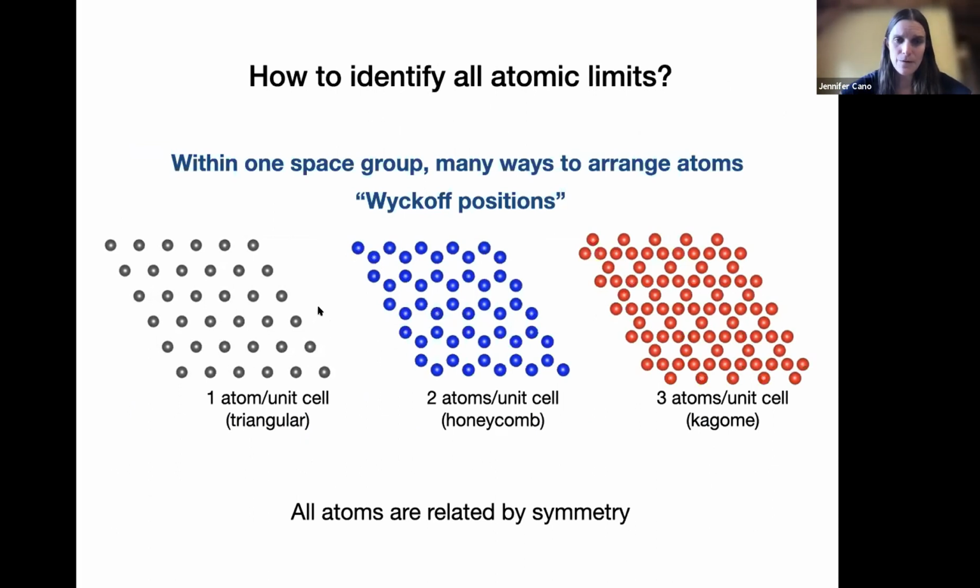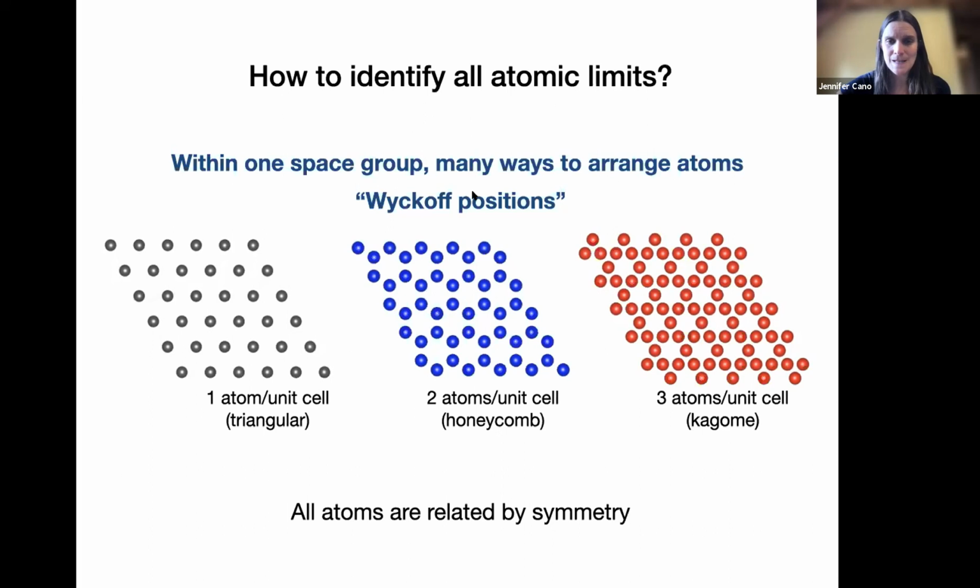So if we consider a group with those operations, then we can have a triangular lattice. But we could also have a honeycomb lattice and a Kagome lattice. And all of these possibilities have a 6-fold rotation, and they also have up-down and left-right mirror symmetry. So within one space group, there are many ways to arrange atoms, and we can classify them by what's